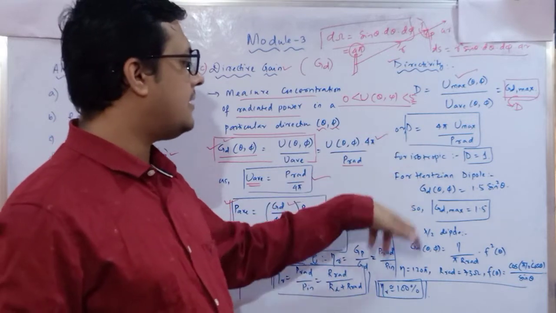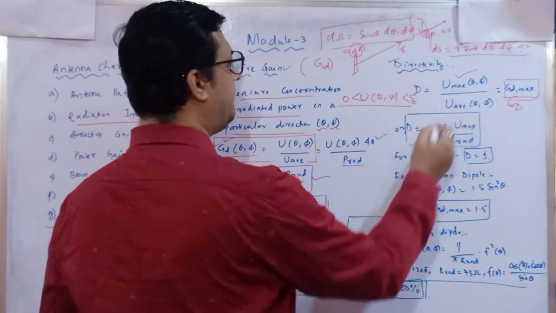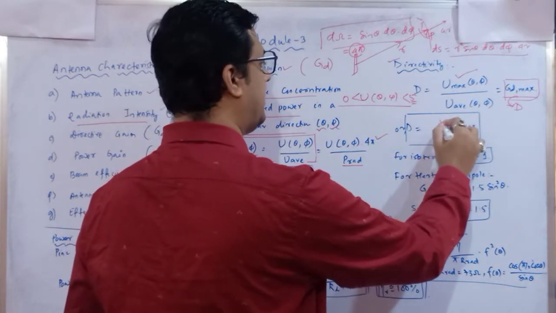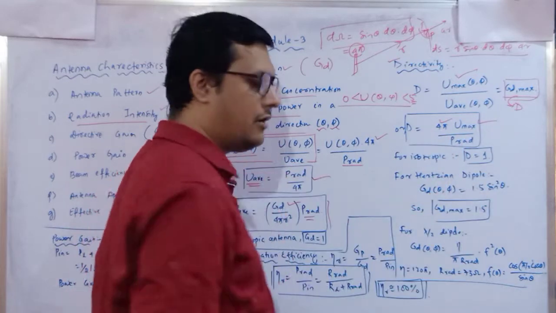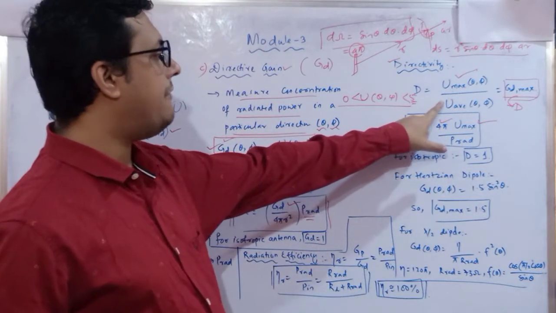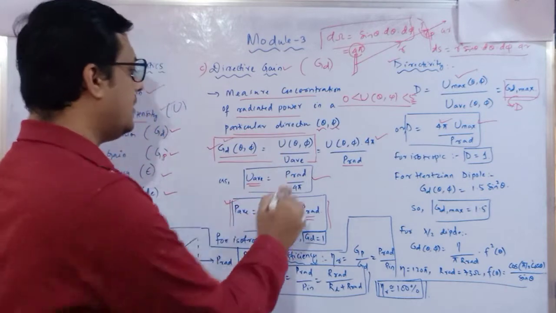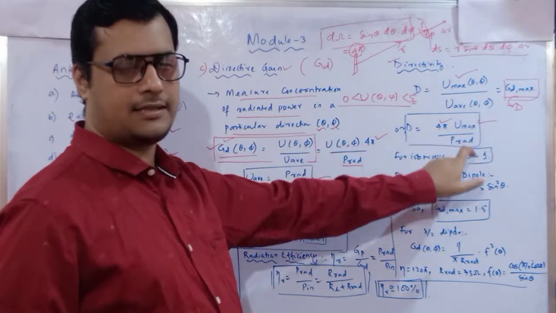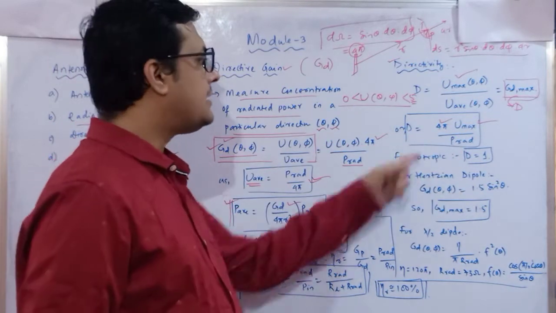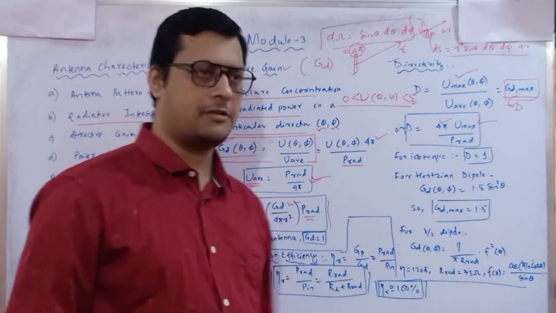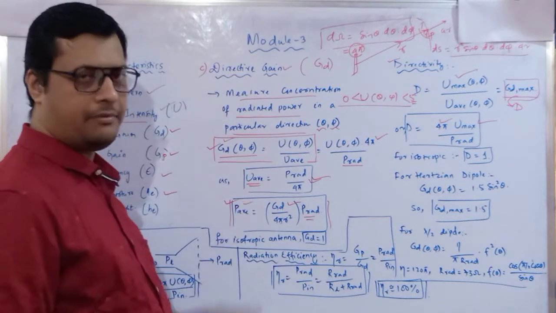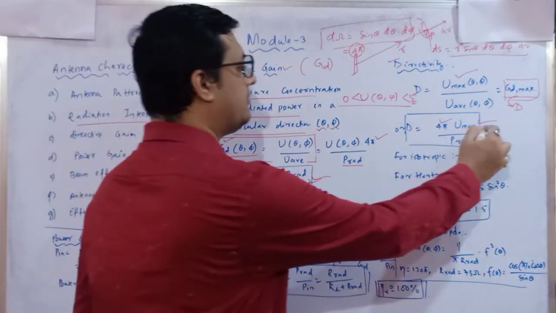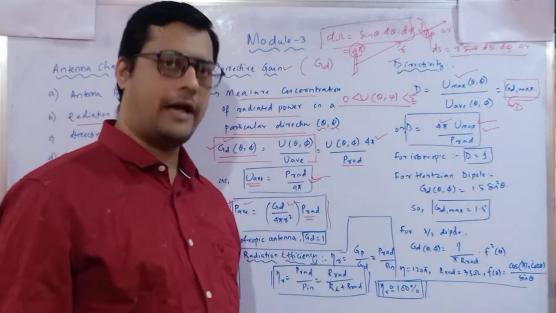Now here are certain examples. In place of U average you can put P radiated with respect to 4 pi. So this is the formula for your directivity. What I have done is only substitute the average value. What is the average value? It is P rad divided by 4 pi. If you substitute here, you will get 4 pi U max divided by P radiation. Similarly, you can write the same thing in terms of average power. You only have to substitute this relation: P average is equal to GD by 4 pi r square into P rad. So it is in terms of radiated power. You can write it in terms of average power also.